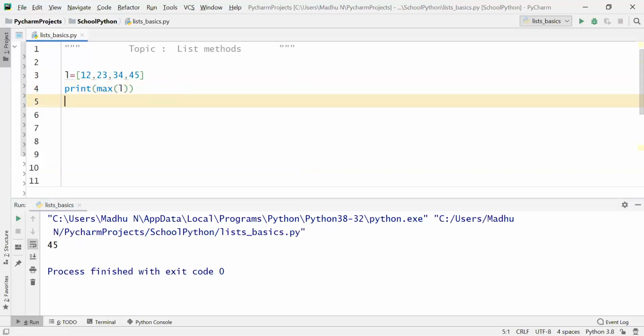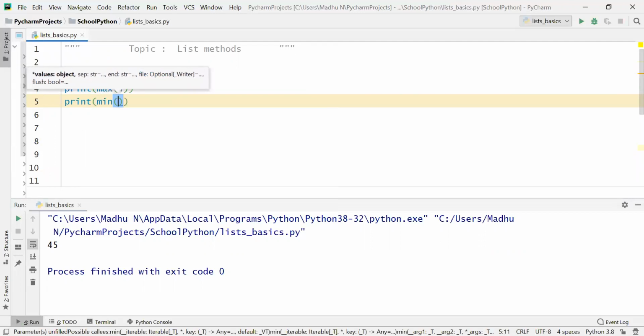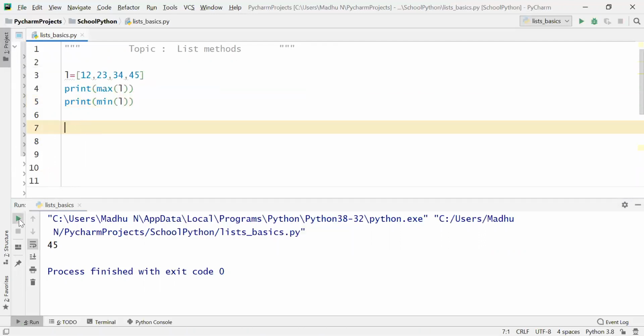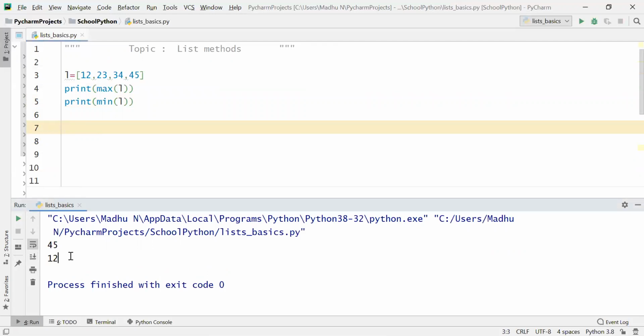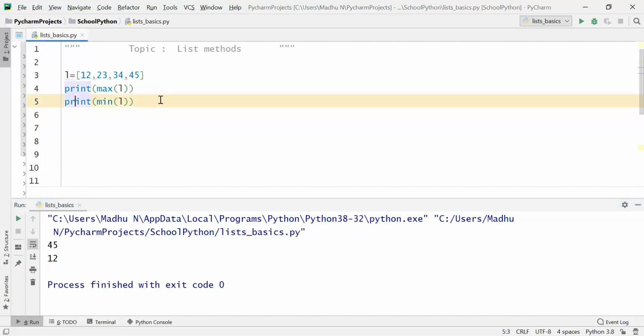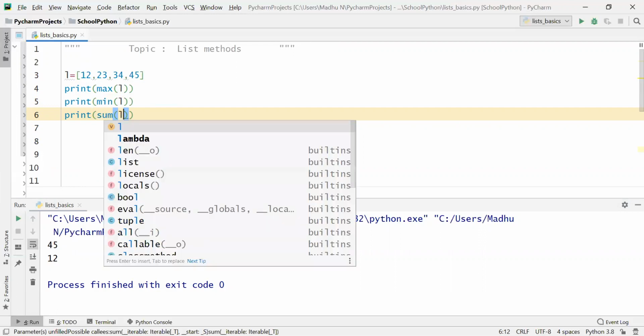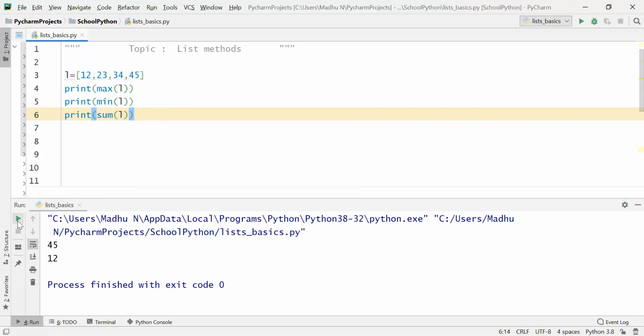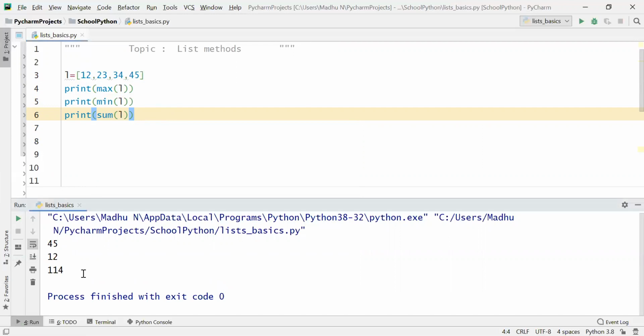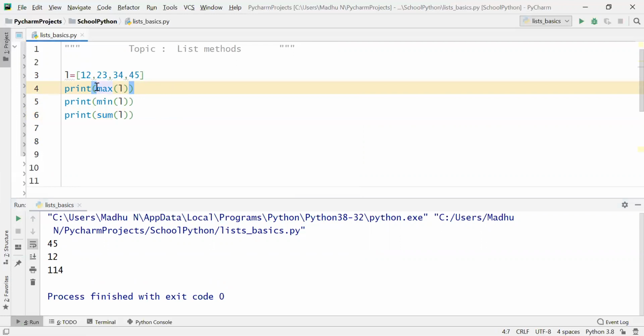Now you can print the minimum also. Min of L, comma 12, and you can find the sum. Sum of L. Now it will print the sum. So here you can give a message like